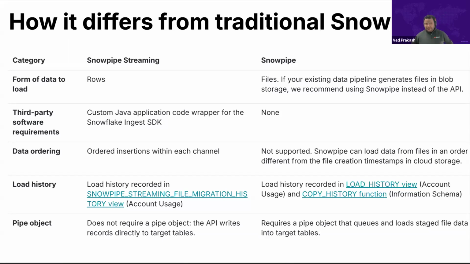So to summarize this, traditional Snowpipe is a batch-oriented process, uses staging areas, it's file-based, with higher latency. Snowpipe streaming is real-time, direct ingestion, record-based, with lower latency. So data is typically available within seconds from the time the event has occurred. Okay, moving further,